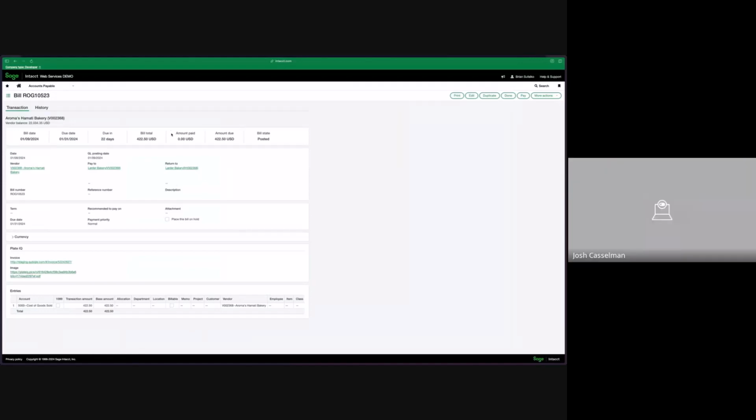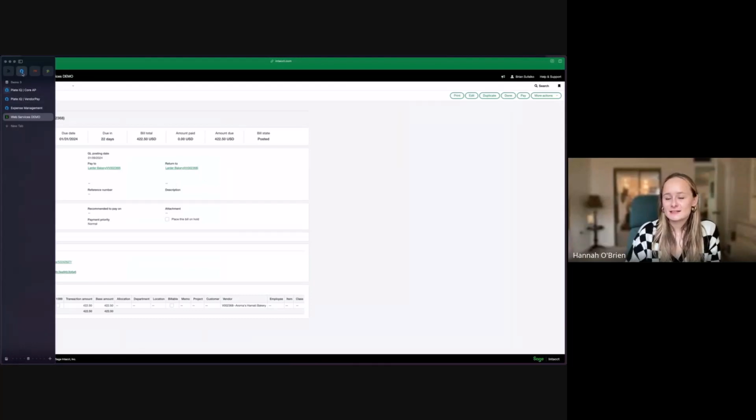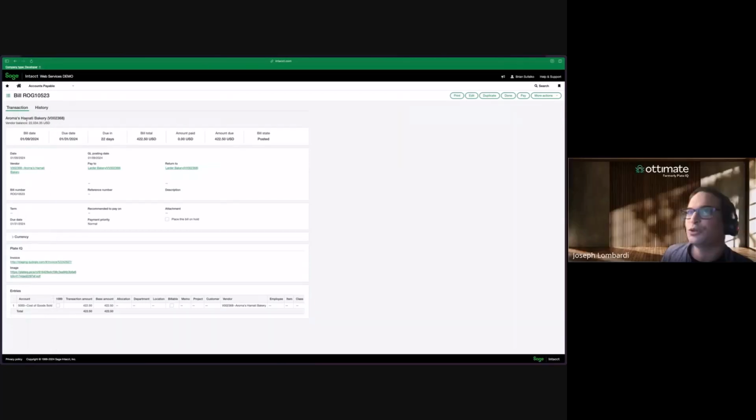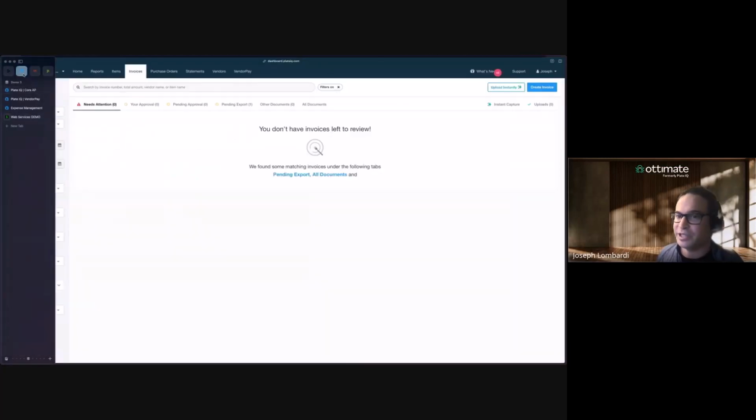That was pretty quick. Yeah, I just want to say that's impressive. And I know that makes a difference for a lot of users. And it also saves a lot of time, which is super important in the AP process. For sure. Yeah, we want to get rid of as much data entry as possible. That's our